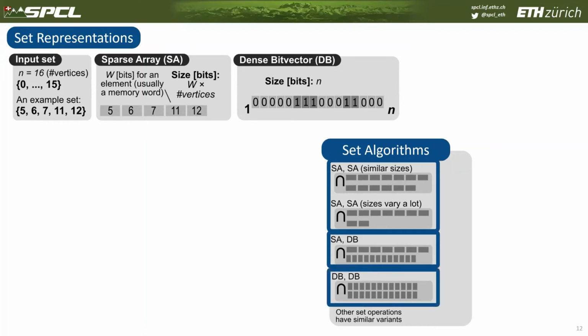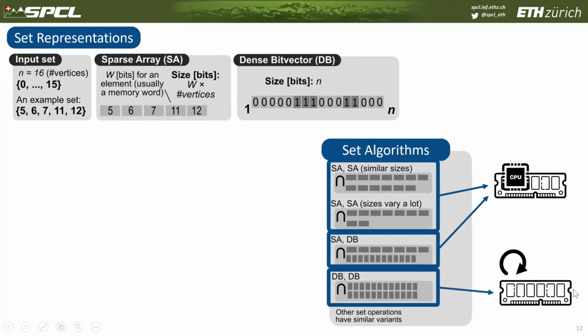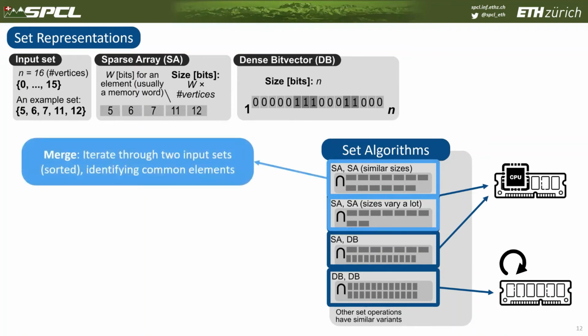And in SISA specifically, we are going to use the SISA PNM, processing near memory, for executing intersection or other set operations where at least one of the input sets is stored as a sparse array. And then we are going to use processing inside DRAM for intersecting 2 dense bit vectors. But we can go even more towards fine-grained decisions. So for example, depending on the sizes of these sparse arrays that we are going to intersect, we can execute